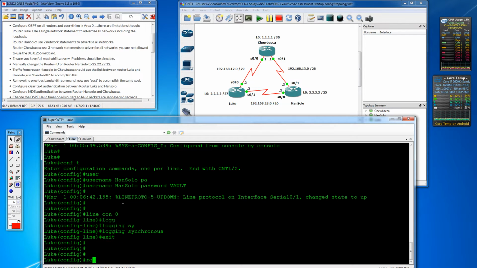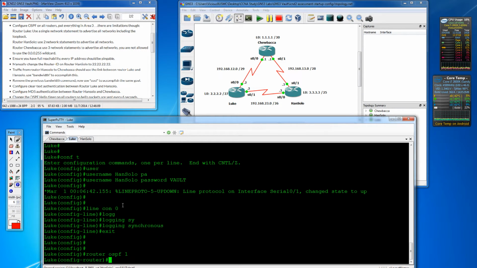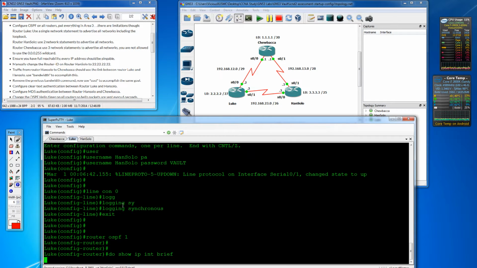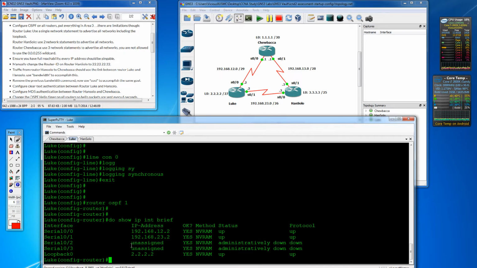So we need to do router OSPF, and then we need to give it our process ID. It can be anything you want. It's only locally significant. I always use 1 as the common place. And just like the last video, the way I like to do routing protocols is do show IP interface brief. And this shows me all of my IP interfaces, and I can use that as a reference for my network